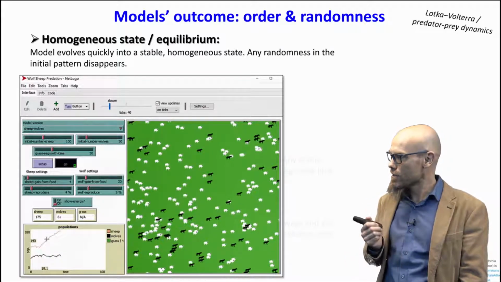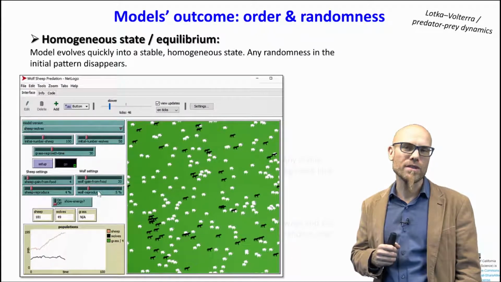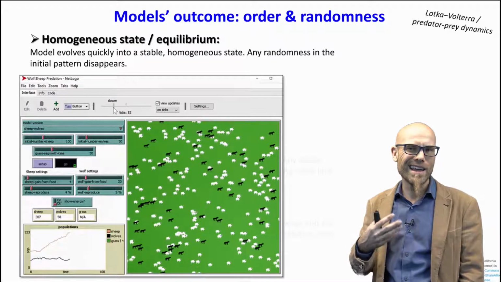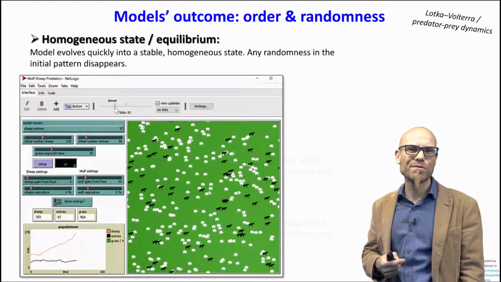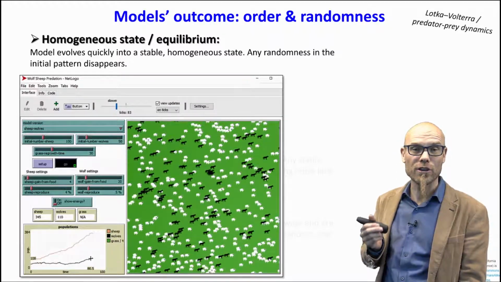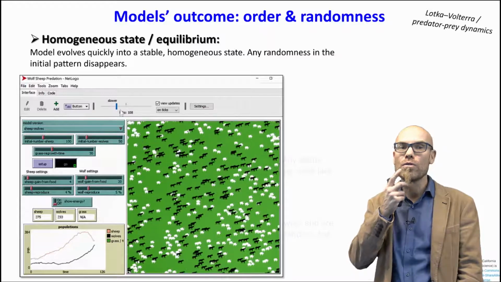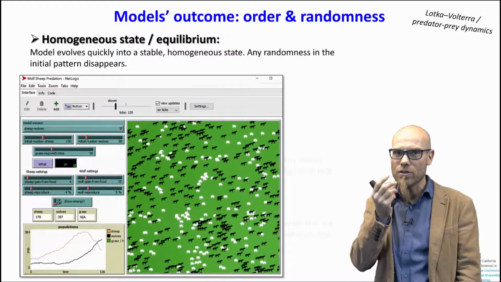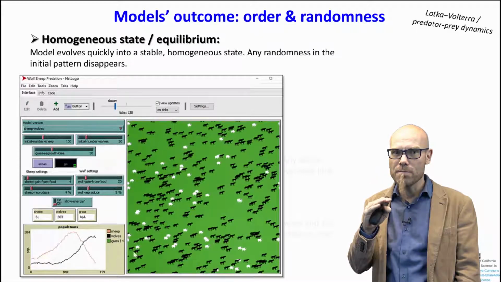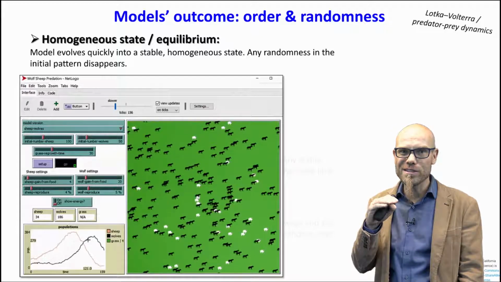The red line down here is the sheep, the black line is the wolves, and the sheep keep on increasing. So the sheep flourish, there are more sheep than wolves, so they have an advantage, they can reproduce better. And you see, as the sheep increase, also the wolves will increase, because now the wolves have more food. Now, if the wolves have more food, that's great. The wolf population went so big that actually the sheep population started to decline, because there were too many wolves.